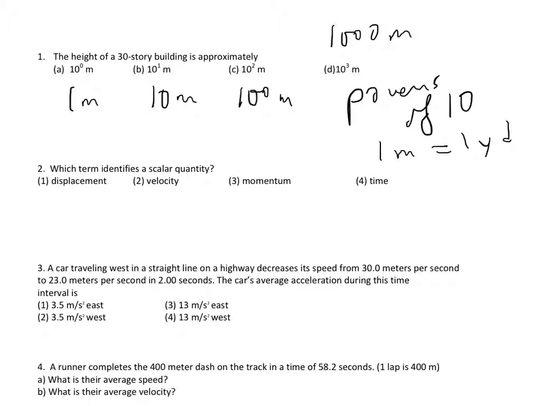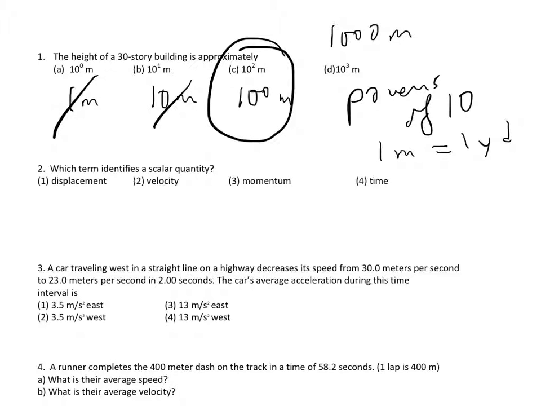So if you look, 100 meters would be roughly 100 yards, the length of a football field, which might be close to a 30-story building. Certainly it's not going to be choice 1. It's higher than 1 meter, which is the distance from your foot to your hip. Certainly it's not 10 meters, which would be about 3 stories, so your best answer is going to be choice